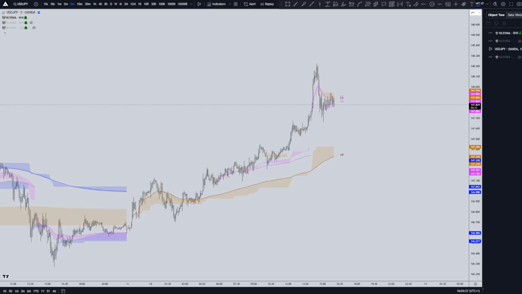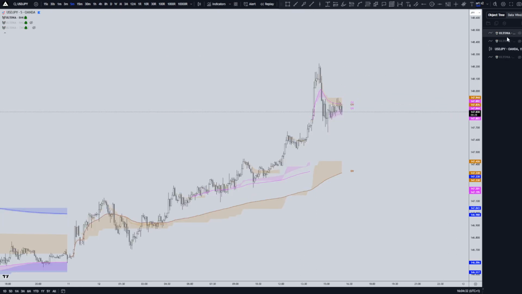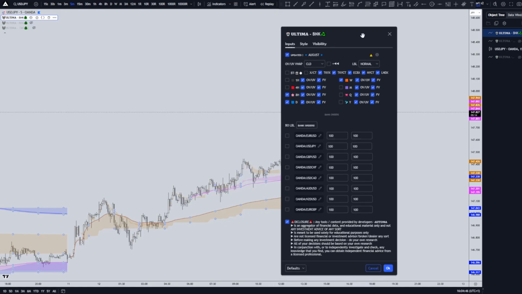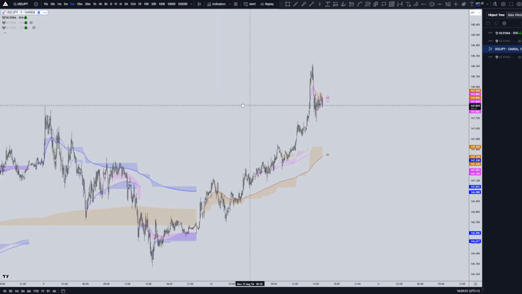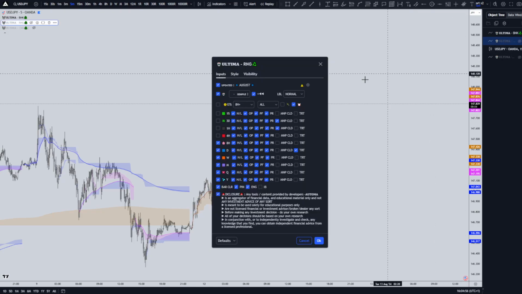Alright, hello. Today's workshop will be regarding the Ultima banking cycle tool. We're gonna go through the settings and explain applications and some examples, and what stands for what, and so on. Basically, this is an additional tool to the already launched Ultima Range tool, which basically gives us all